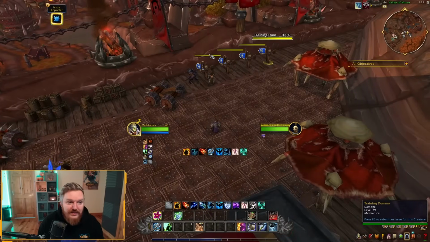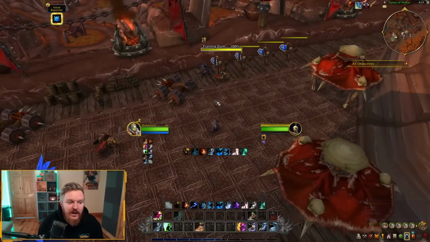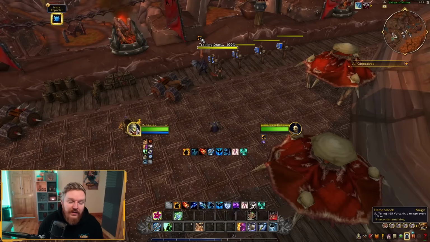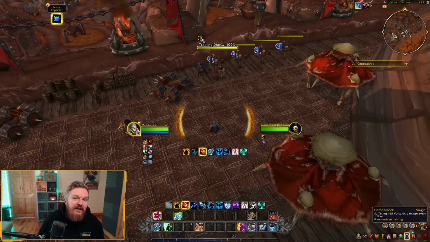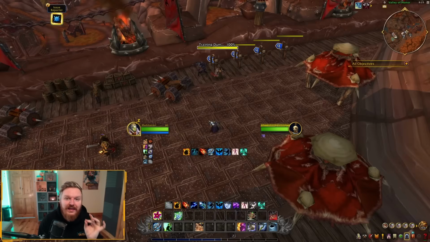But first of all, let's say for example, I can't even select it here. If I want to press Flame Shock, I can see my Flame Shock cooldown, but I can't see my Flame Shock duration outside of looking on the nameplate. And this is definitely going to be an issue for a lot of specs out there who rely on making sure how much time do I have on a debuff without having to look at 20 different debuffs on the nameplate. And that is something that needs to be implemented ASAP.